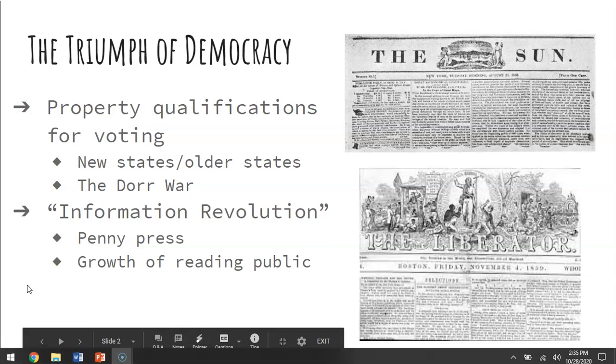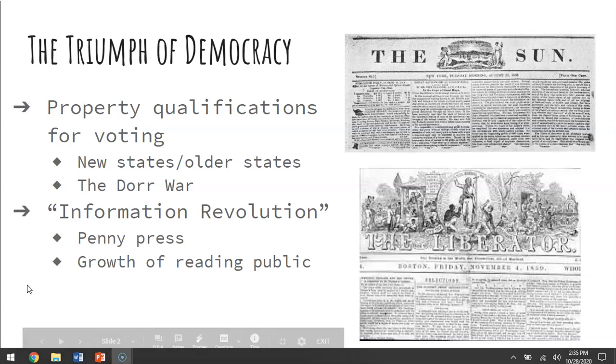By 1829, only North Carolina, Rhode Island, and Virginia still had property requirements for voting. And really by 1860, there was only one state that still had property requirements for voting, and that was Rhode Island. And there they still required voters to own real estate valued at $130 or rent property worth at least $7 per year. And in Rhode Island, they had a lot of factories, and a steadily growing population of propertyless wage earners that were unable to vote.